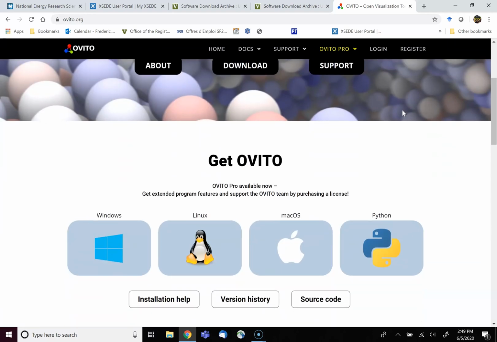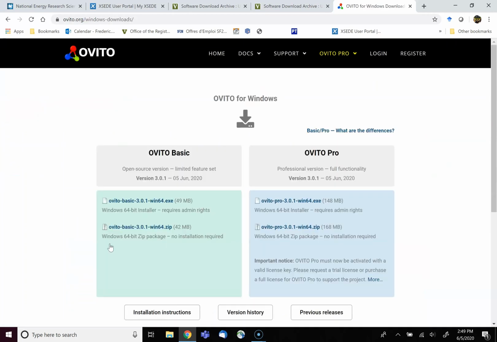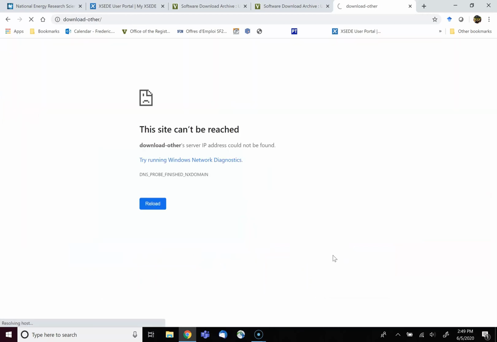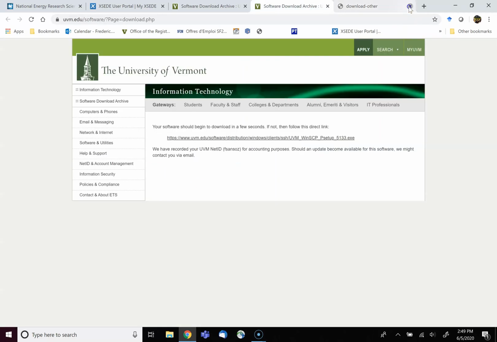What I recommend, if it's possible, is to download a version from a previous release, which has all that we need and is free. Oops, so we can't do that. That's okay, we're going to restart that.